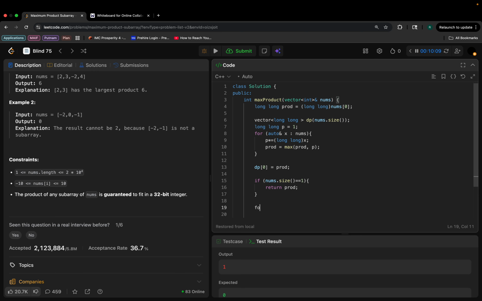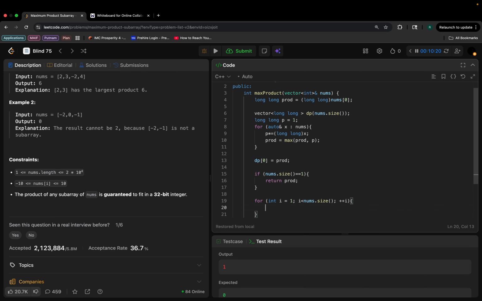Otherwise, for int i equals 1, i is less than nums.size, plus plus i. Okay, and then here what I'm going to do is, I'm just going to complete the easy version. So if nums i minus 1